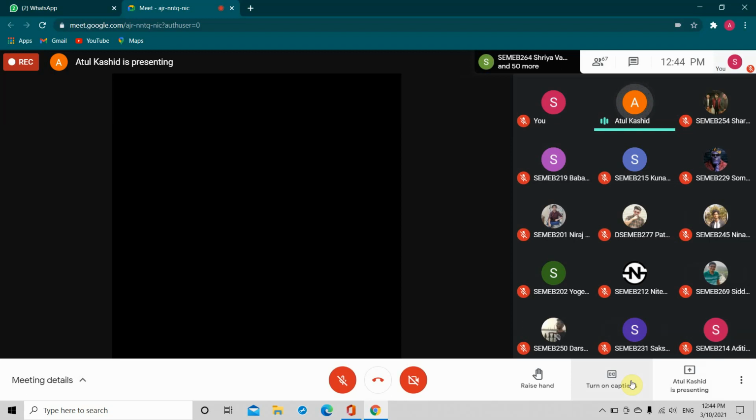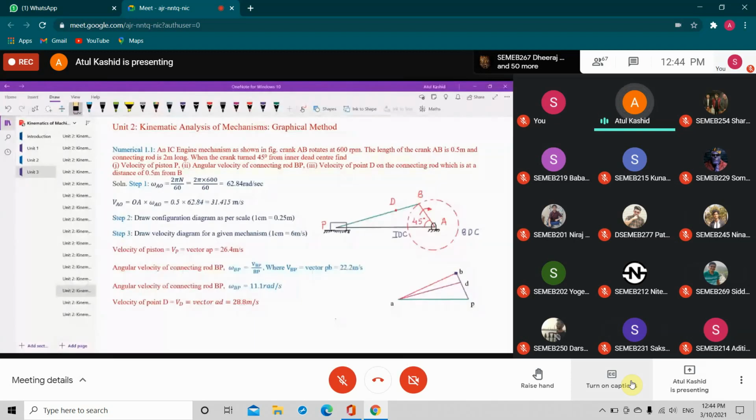right? So we are not now only discussing one part of the question where we have to draw the velocity diagram. Things are going to get worse when we include the acceleration diagram, because for acceleration we have discussed that there are two components for a link. One is the tangential and the second one is the centripetal acceleration, right?